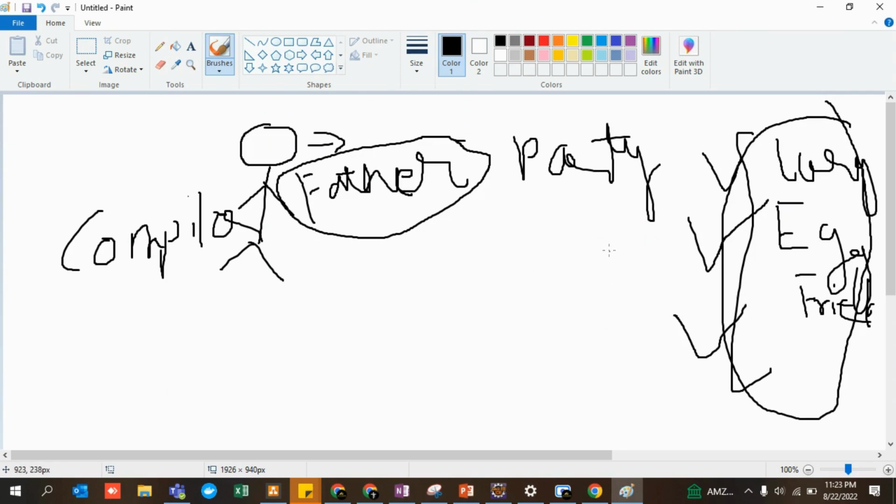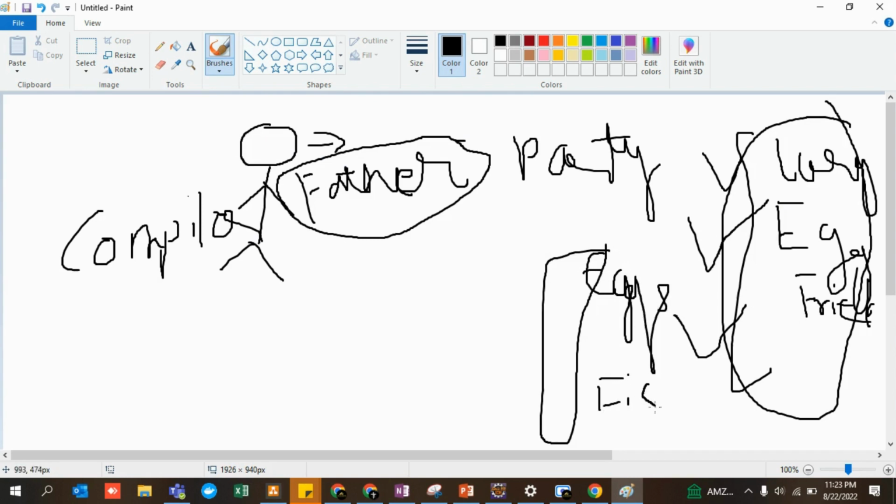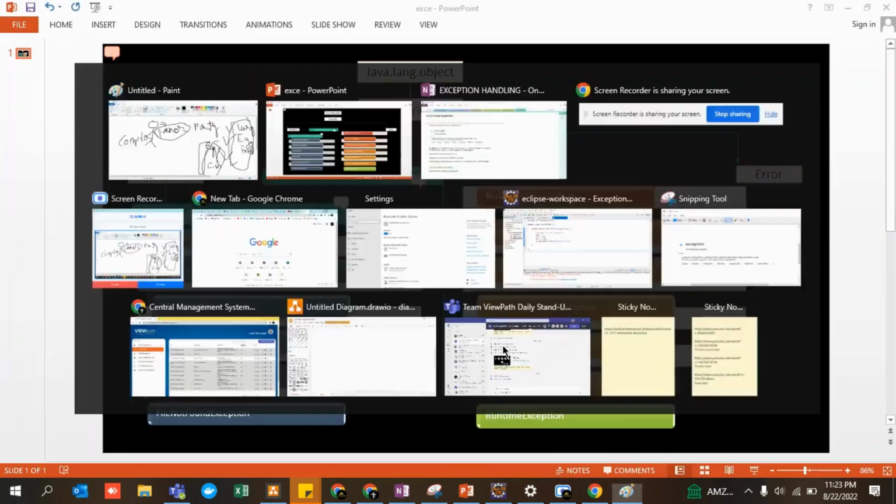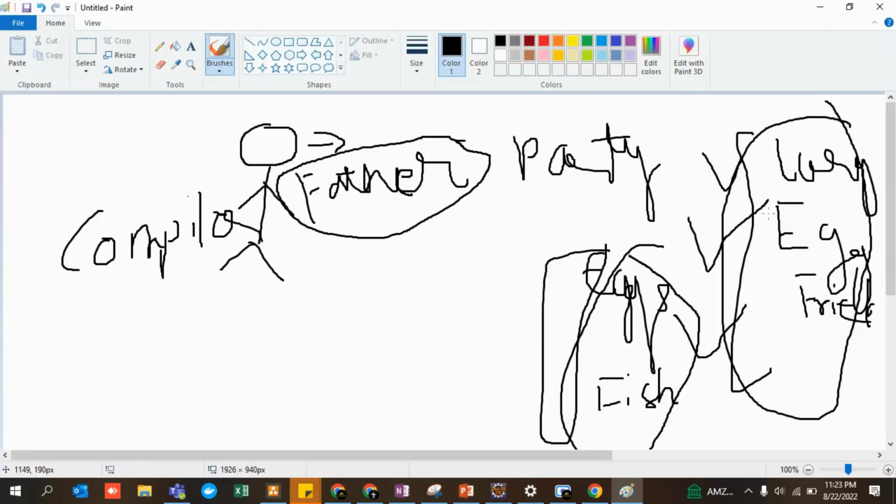If those ingredients are not present, if eggs are not present, if fish is not present, then your father is going to say, how are you going to make an egg curry or a fish curry? These are the errors that are checked by your father. Let's say he is the compiler, so these are the errors he gives at compile time, right?